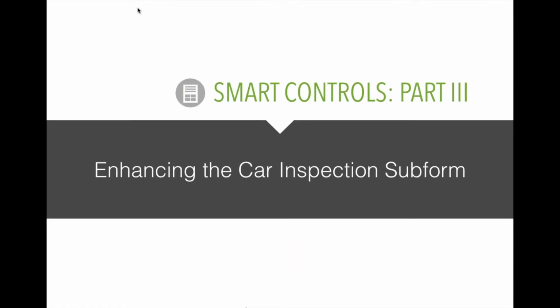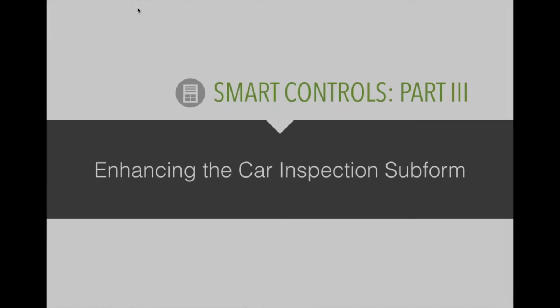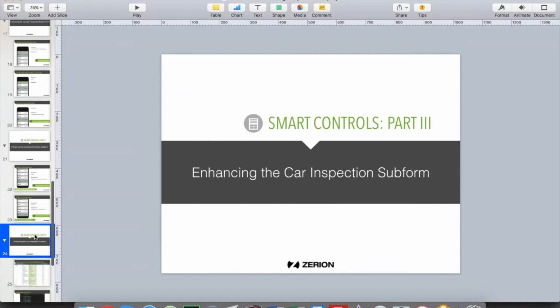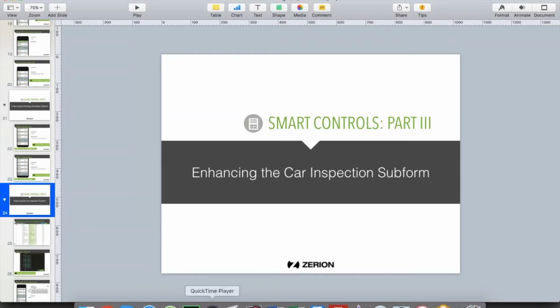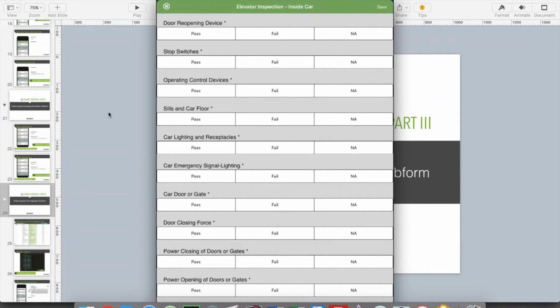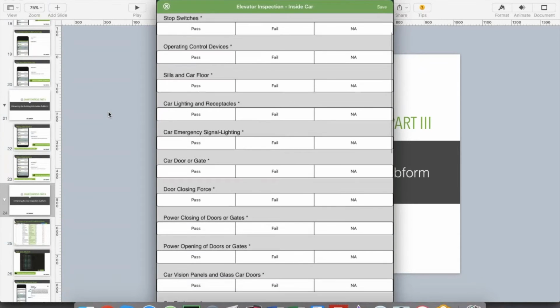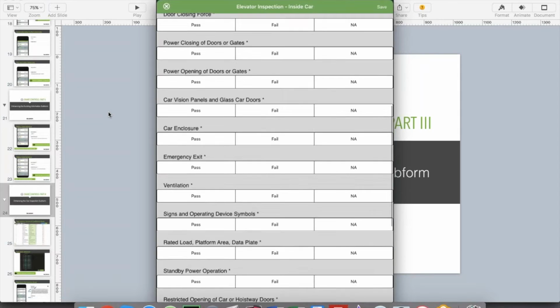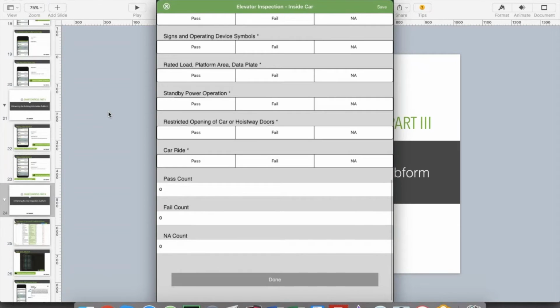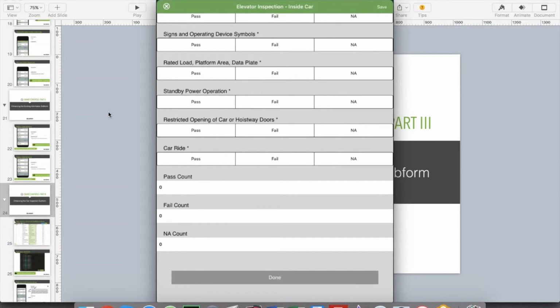For the final portion of the form, we're going to be going over the car inspection subform. What I wanted to do with this form was add in a pass-fail count and then have it hidden. To start with, I actually have it visible so that you can see how this works down at the bottom. Currently, as no fields are filled in,